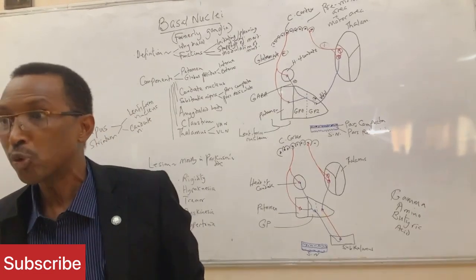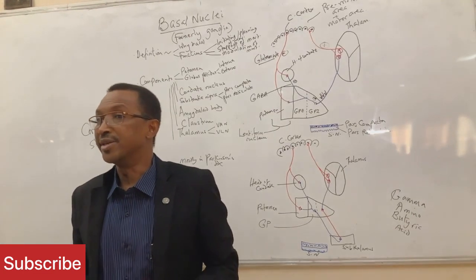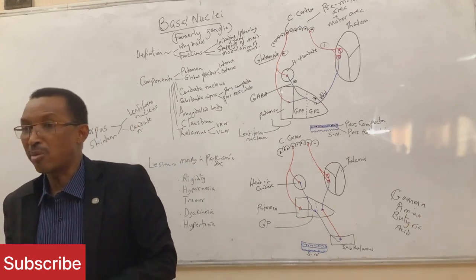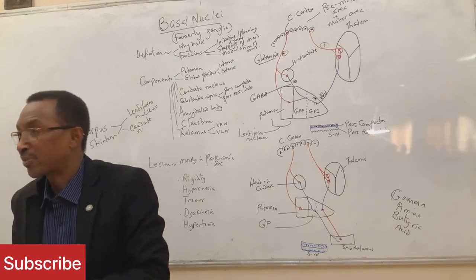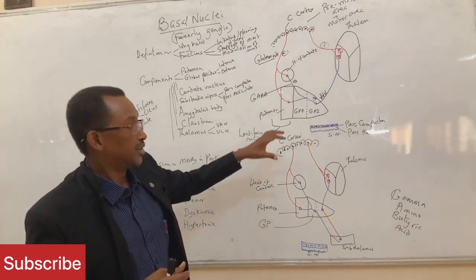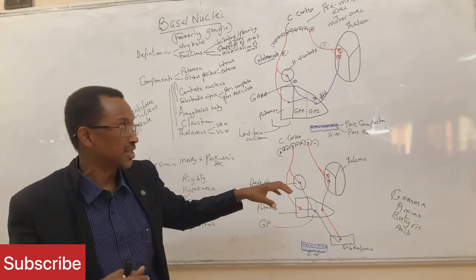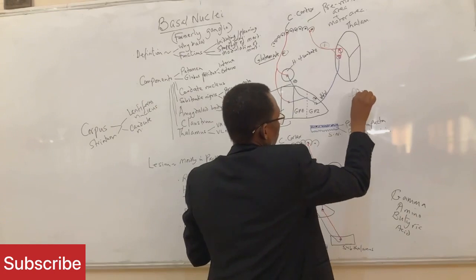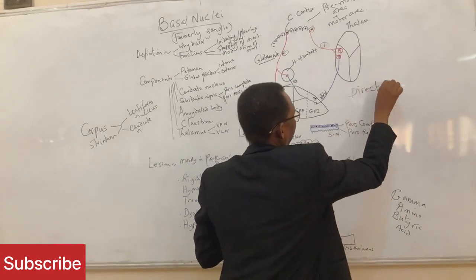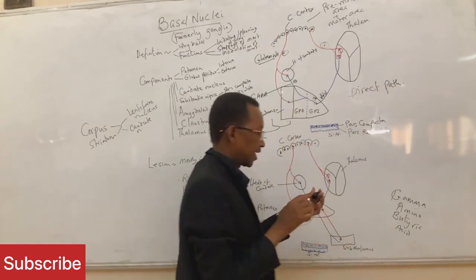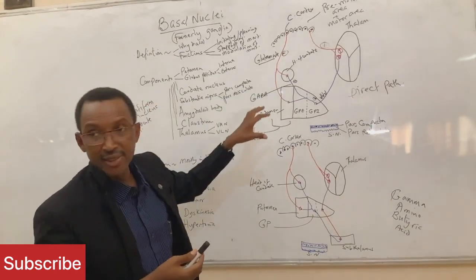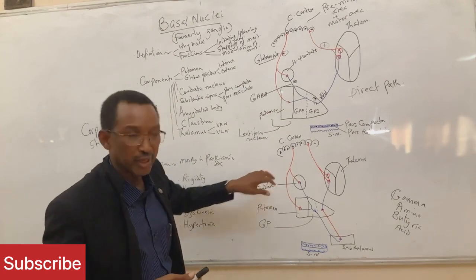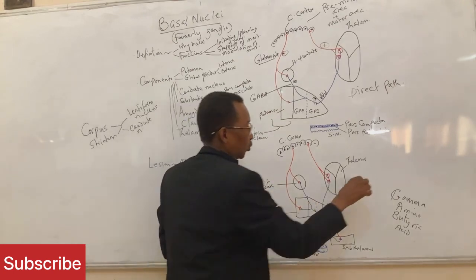Are you clear? Good. But actually, the actual intended movement is not somehow the way you like it, if not for another pathway that I'm going to discuss now. So this pathway is what we call the direct pathway. So now we know that the direct pathway is an excitatory pathway for the intended movement. The second pathway is what we call the indirect pathway,